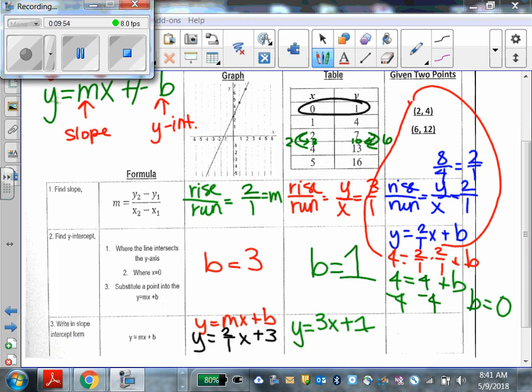Yes, in this situation, you could. It's not always going to be that simple, because you could get a decimal answer as b. So you need to be prepared for that. So y equals 2x plus 0. And that would be your rule or linear function. I understand you can work backwards, but you need the strategy in case you